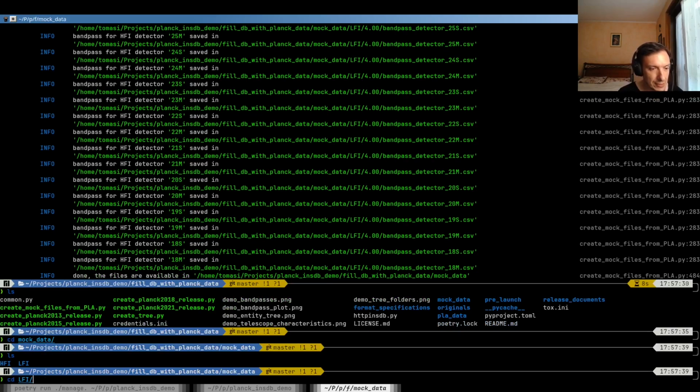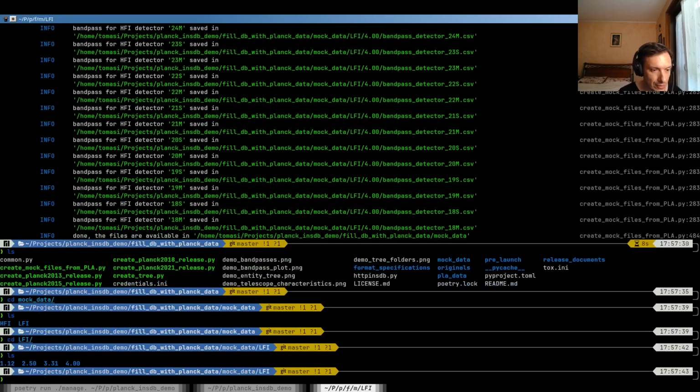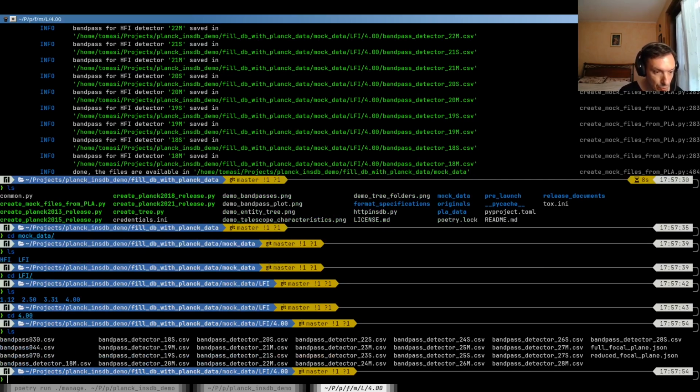It contains several subfolders. You see that under the LFI folder, I see 4 subdirectories. Those correspond to the 4 versions of the RIMO. So I see that there are several CSV files. This contains the bandpasses for each detector in LFI, and there are also 2 JSON files, full focal plane.json and